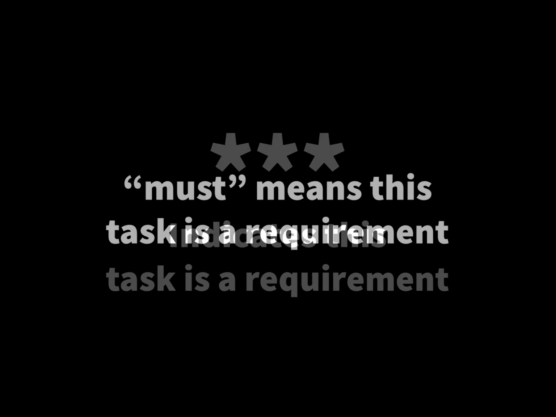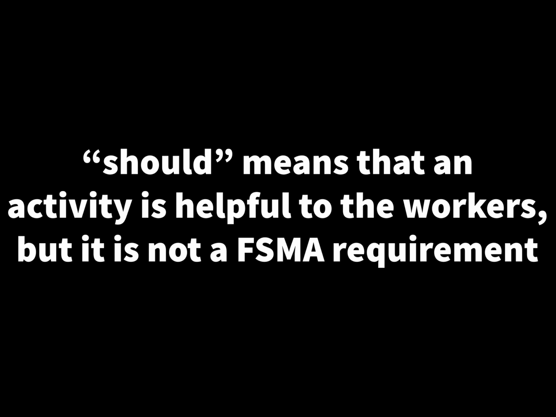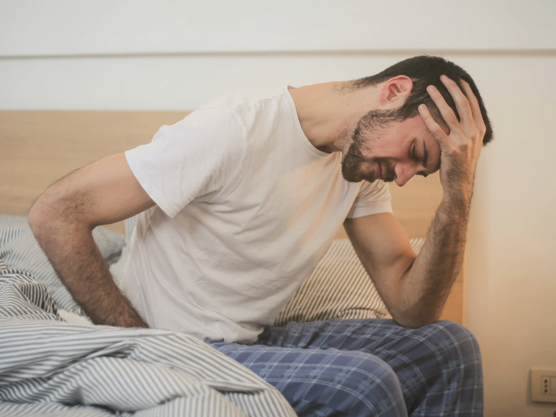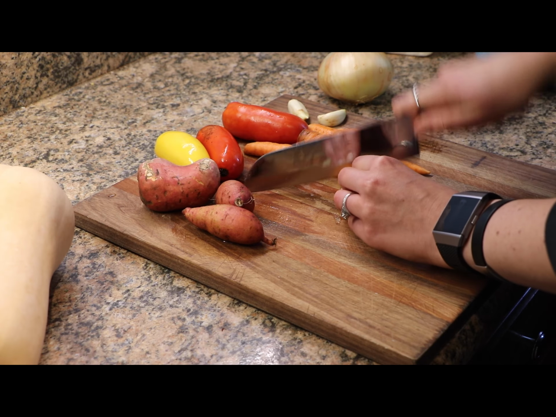Throughout this training, a section symbol will appear when a requirement is specifically addressed. Also, for the purpose of this training, the term must indicates that an action has to be performed to be in compliance with the Produce Safety Rule. The term should, on the other hand, will be used when a specific activity is helpful to the workers but is not mandatory. Produce is associated with many foodborne illness outbreaks because it's typically eaten fresh, so it doesn't get